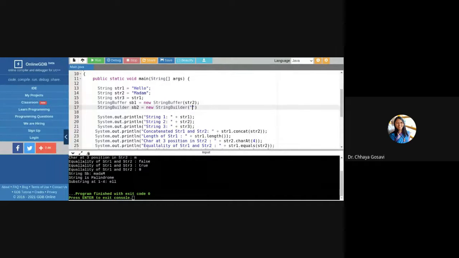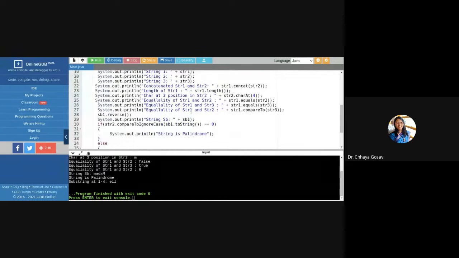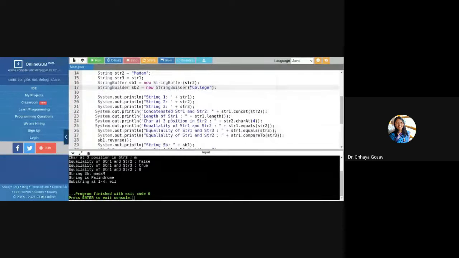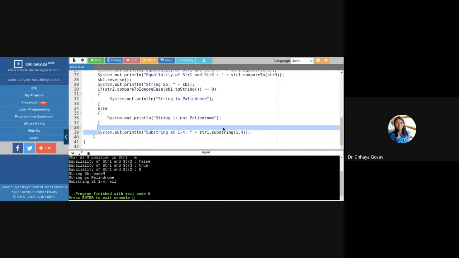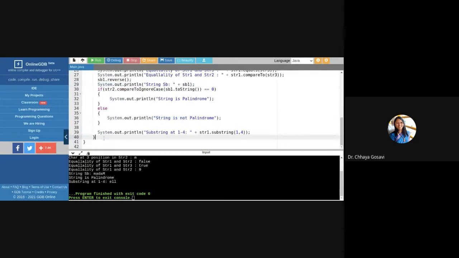Say, and I can create another object. And we can use System.out.println to print this sb2, the StringBuilder.